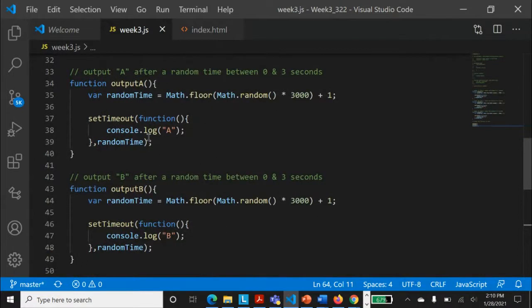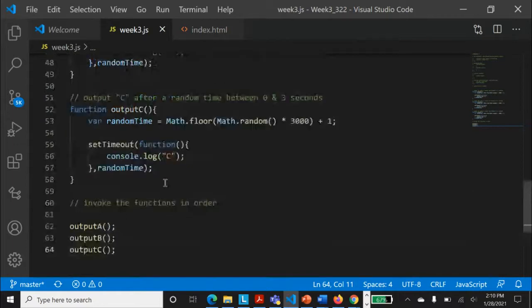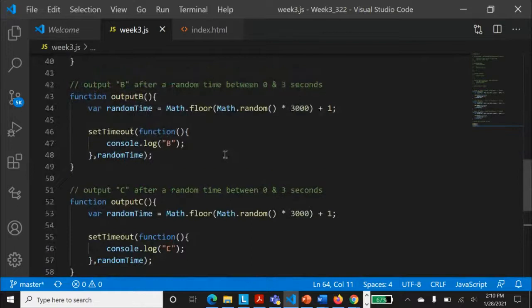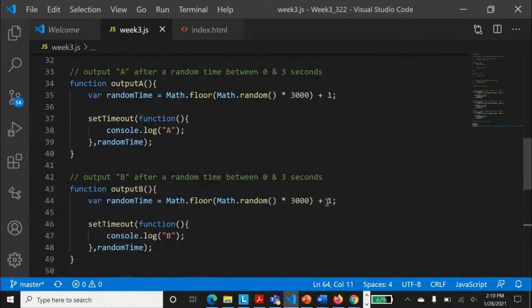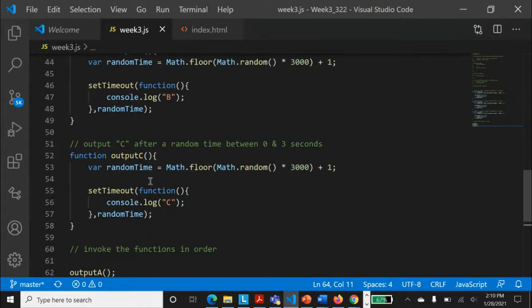So every function is running and no one is blocking the other, number one. And whichever finishes first will just display its output, even though we have called them A, B, C. So they are running independent of each other, and they can run in any sequence at all. But what if I always needed A's output to be generated first, and then B should run, and then C should run?